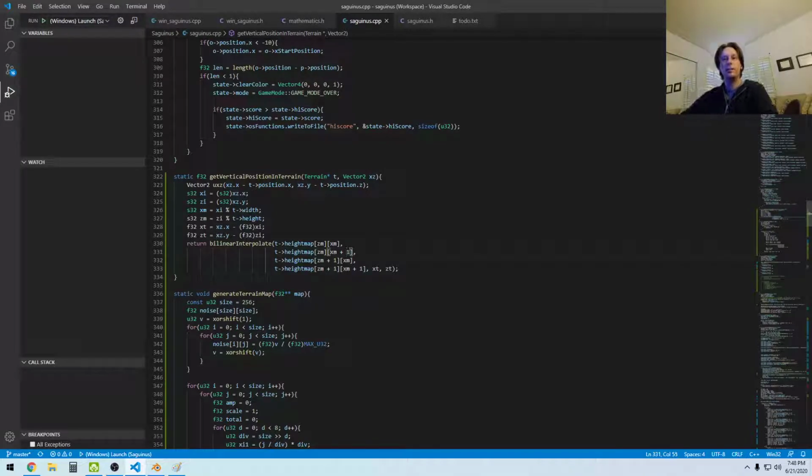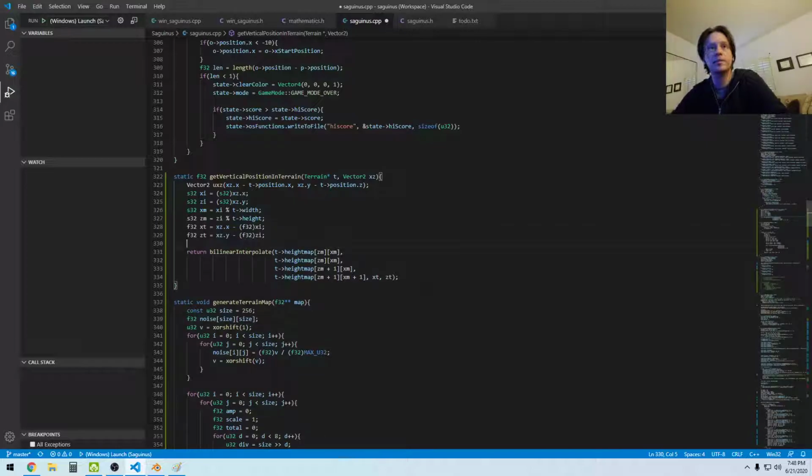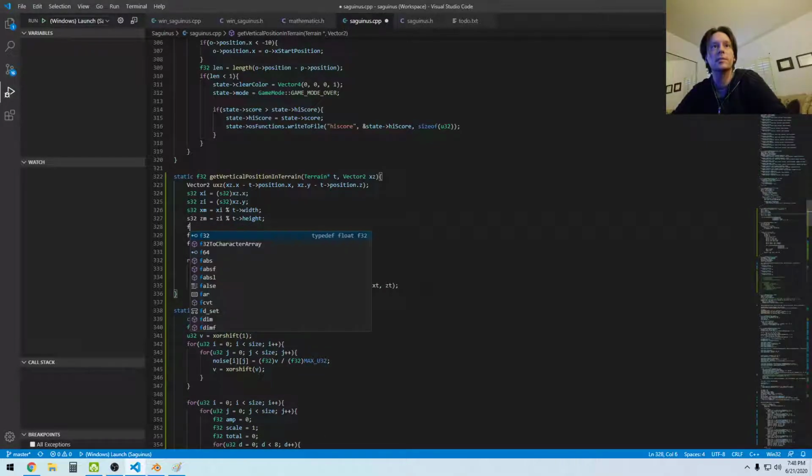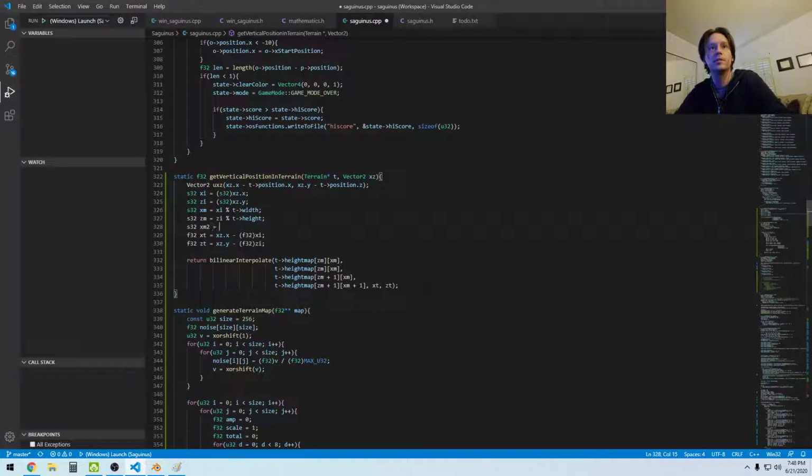Yeah, so when I'm adding one, I actually need to modulo this by something. Actually, let me calculate this in advance. So before I do this, let me say S32 xm2 is equal to xm plus... hold on. Oh yeah, it's the same thing. So xm plus 1, but then I want to mod that by